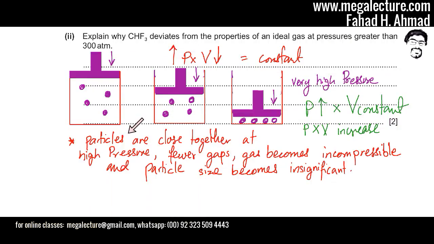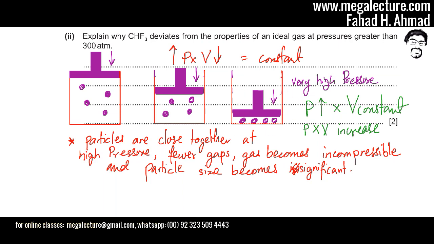So the answer that I'm going to write over here is that particles are so close together at high pressure that there are fewer gaps and gas becomes incompressible. They all join together, the gas is now incompressible. So if you increase pressure, volume would become constant, it would not change. So particle size becomes significant. Initially, for an ideal gas, it was insignificant, but now the particle size would be significant compared to the volume